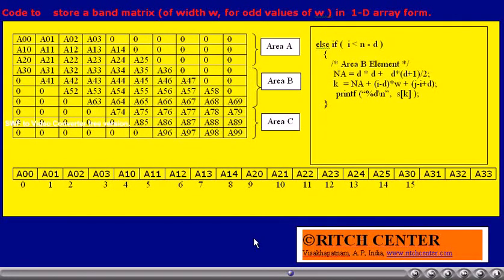Find the total number of elements in the first 3 rows. That becomes D plus 1 plus D plus 2 plus D plus 3, and the sum of those elements becomes D into D plus D into D plus 1 divided by 2. That many elements are there in the first area A.